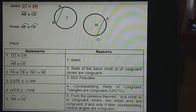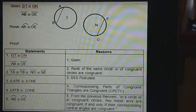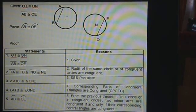Kaya pwede natin idugsong to sa statement that this is also congruent to line segment NO congruent to line segment NE. So, ganun din ang gagawin natin. Bali, magdodraw kayo ng tig-dalawang radius dun sa circle T at dalawang radius dun sa circle N. Connecting N to E, connecting N to O, connecting T to A, connecting T to B. And those line segments are all congruent because the reason is radii of the same circle or of congruent circles are